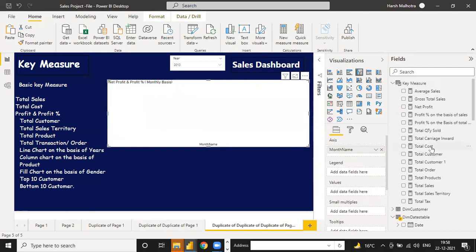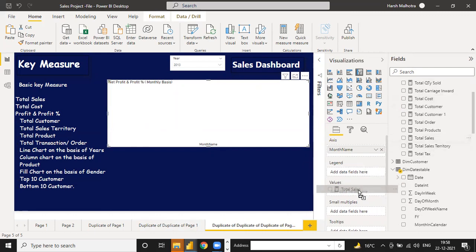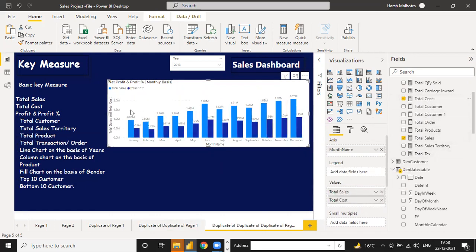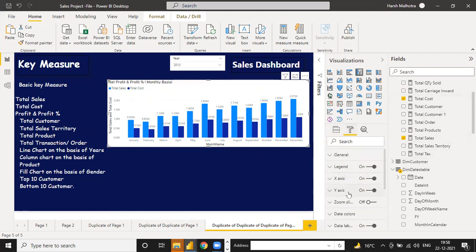and now month name, and now you can change the sales, as you can make the comparison of total cost. So guys, this one is your total cost, and this one is your total cost, and this one is your total sales. So this is sales comparison, and yeah, this one is your total cost and sales comparison. So you can just write it over here,